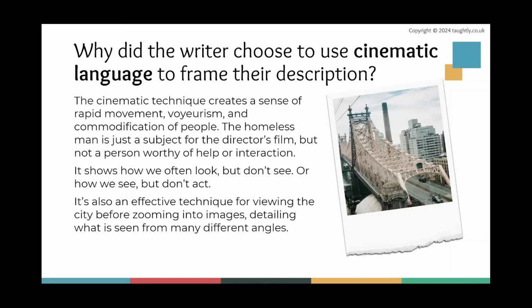And why did the writer choose to use cinematic language to frame the description? I wanted to create a sense of rapid movement, like you're actually watching a film, but also a sense of voyeurism, that we're watching something, observing something that we shouldn't really be watching or seeing, and how that commodifies people. It turns people into objects to be sold, right? So she captures the homeless man's image, doesn't pay him for it, doesn't ask him if he needs help, doesn't offer to help him in any way, and he just essentially becomes something that she can sell